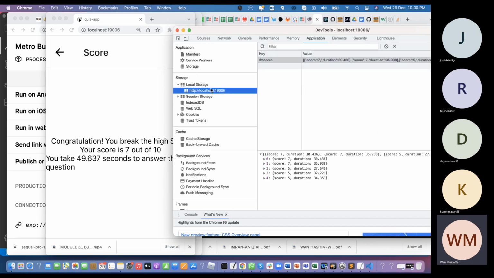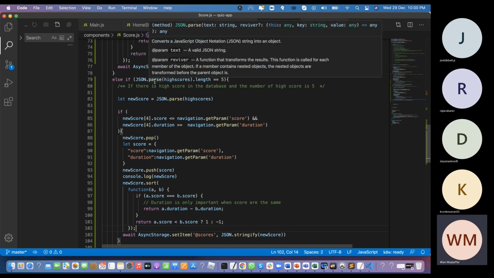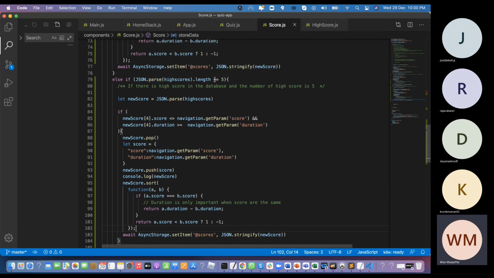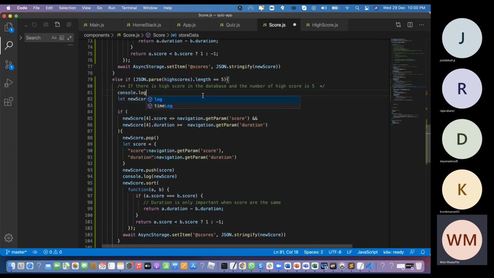Let's see. 49 is not inside yet. It's not inside. Let's see what's wrong. So I'm on this part. If JSON.parse high scores.length equals 5, if there is a high score in the database and the number of high scores is 5, I should arrive here. So print, I don't know, console.log